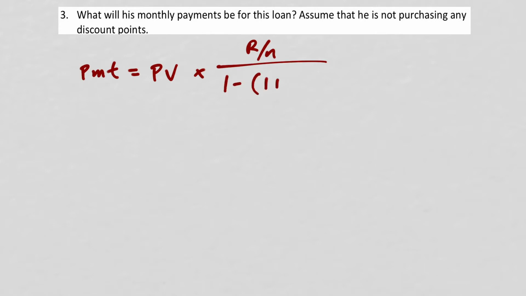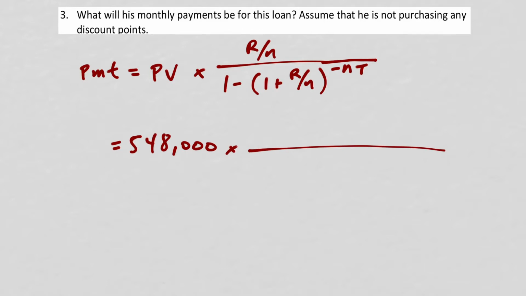Okay, to calculate the payments, we're going to use this formula. The payment is equal to the present value, that's the amount you borrow, times R over N divided by 1 minus 1 plus R over N to the negative NT. And this is an ordinary annuity. So this is going to be $548,000. That's what we calculated from the previous problem. Times,